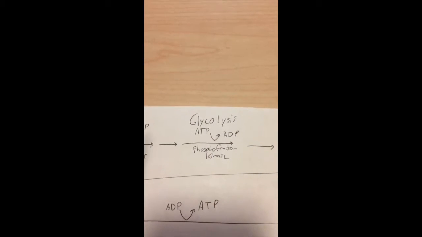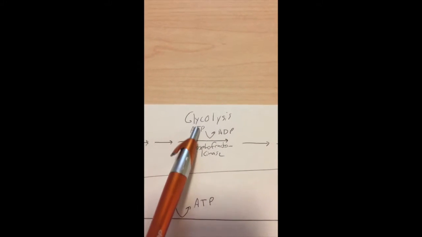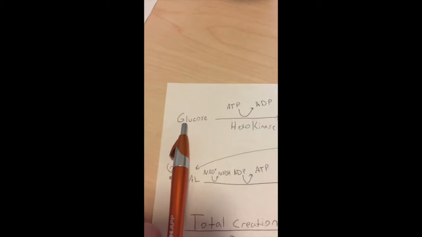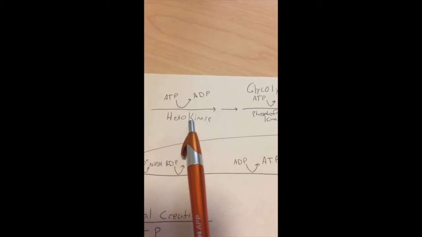So now we're going to be talking about glycolysis. What glycolysis means, if you break the two words up, is glyco and lysis, which means the breaking down of sugar. So over here we're going to start out with glucose. Glucose will then go through a whole chain of enzymes, but the two main important ones are